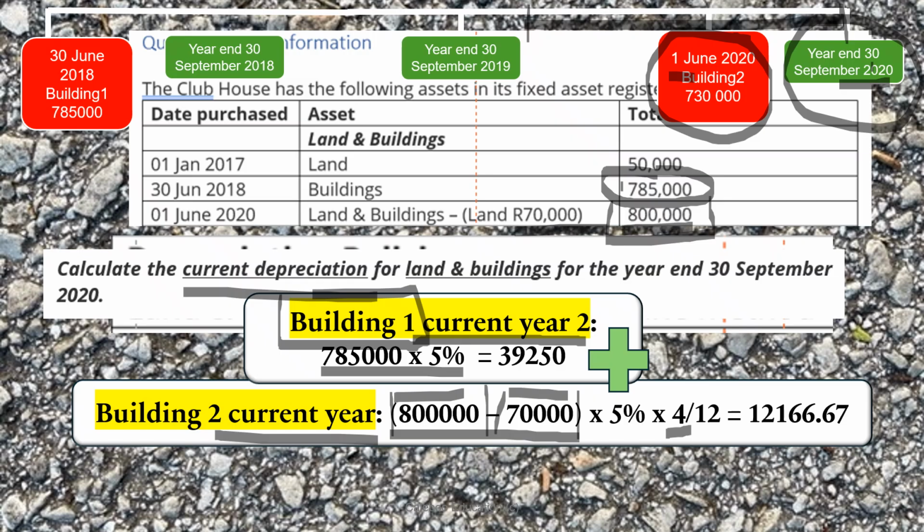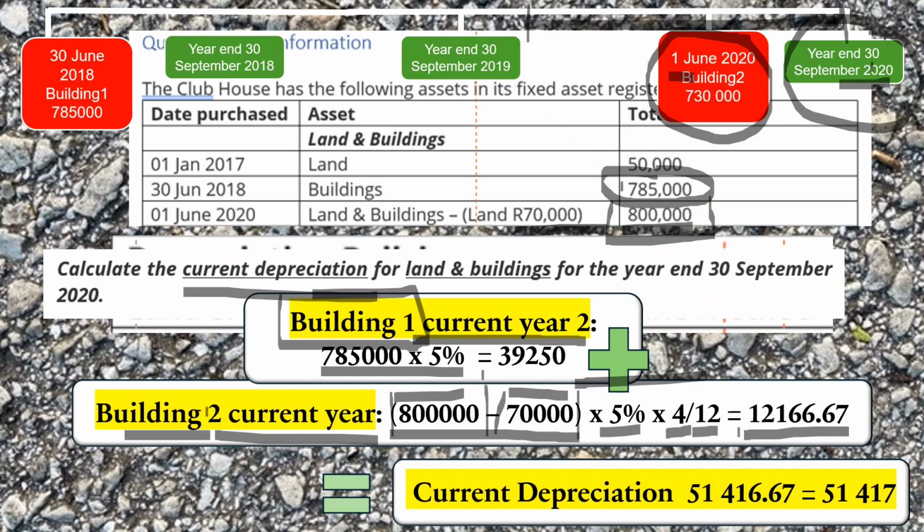But we must take off the 70,000. Then we multiply by 5%, and we've had it for 4 months, the new building. So the current depreciation for building number 2, the new building, is 12,166.67. So I've got the current depreciation for building 1 and building 2, and I need to add those two together. And if I add those two together, the current depreciation is